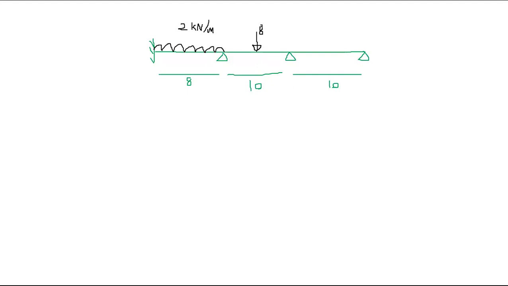And another distributed load here, that is also 2 kilonewtons per meter, right? So this is a fixed support. Let's call this B, C, D,